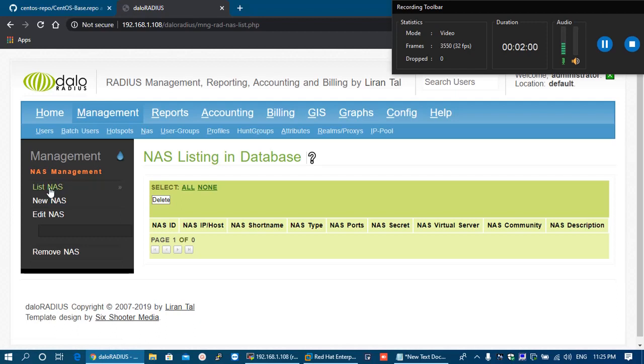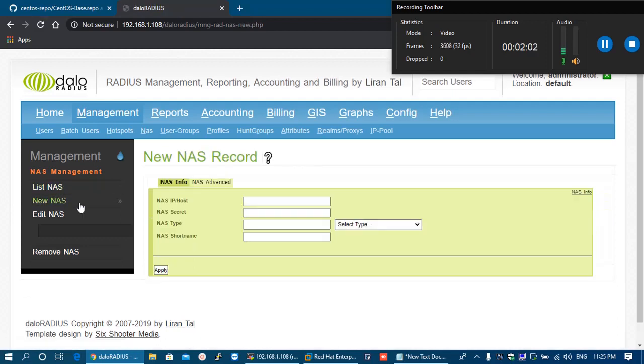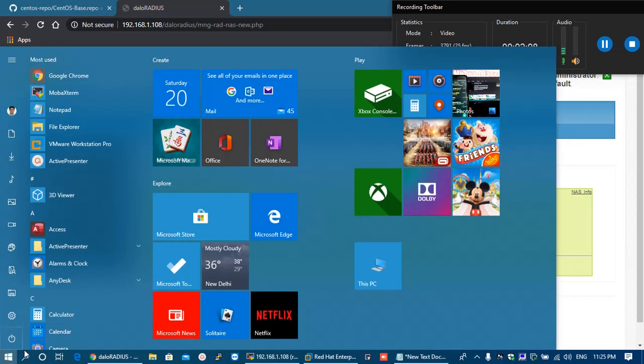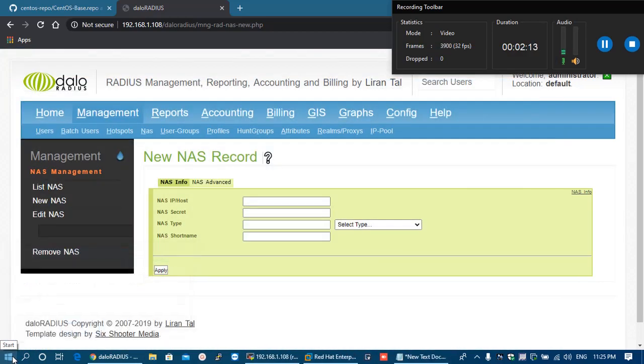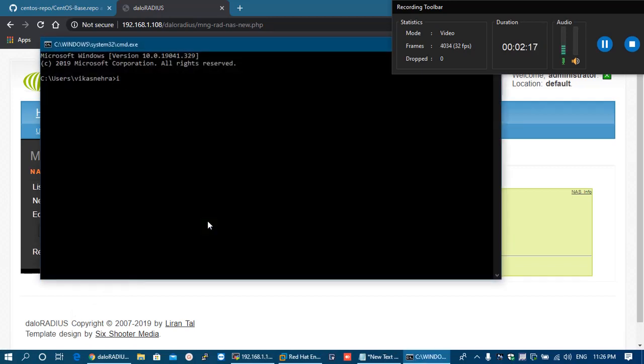In the next configuration, we can list the NAS. We can add the new NAS here. If I want to add my host machine in it, let me check the IP address of my host machine first, and I will mention that IP address here.